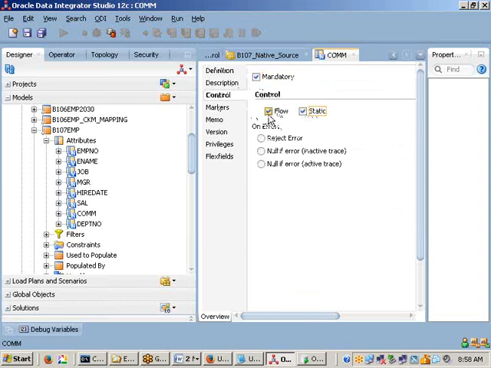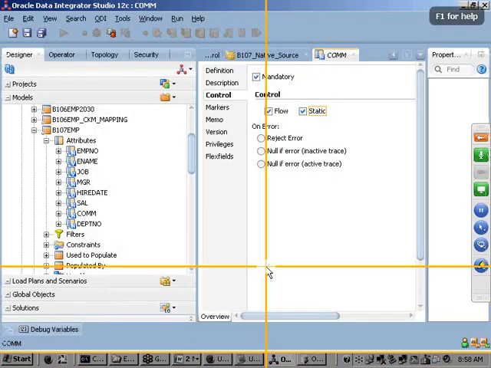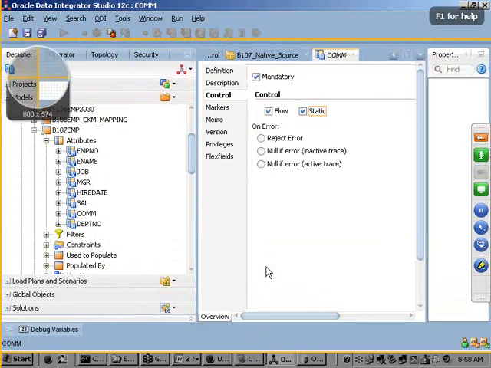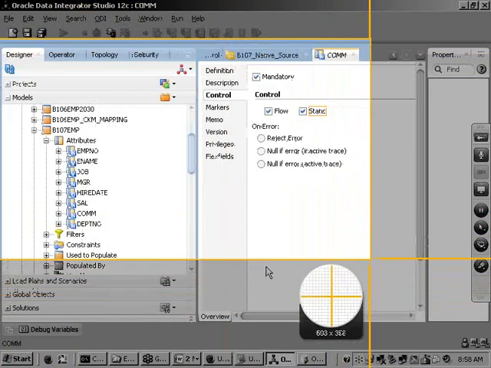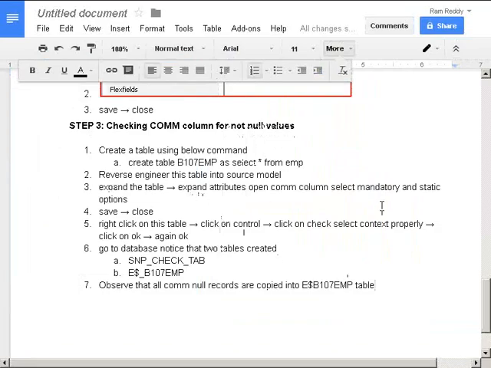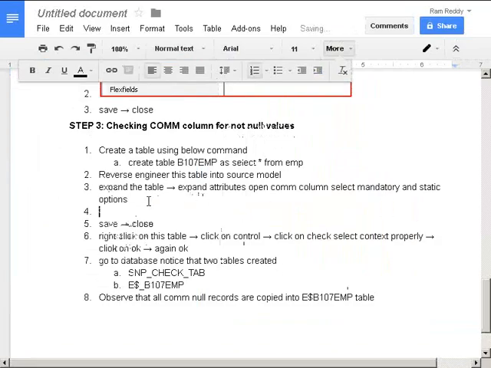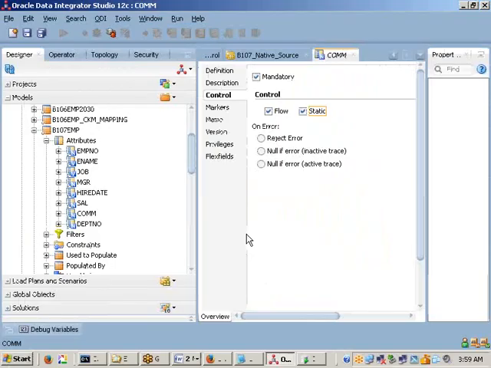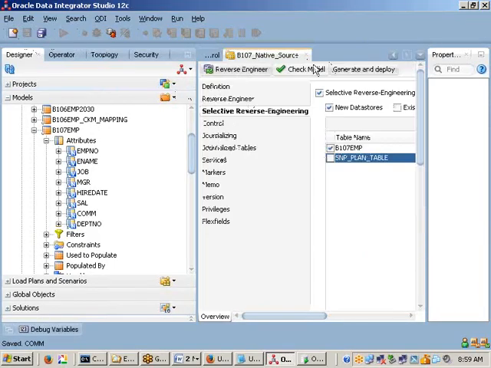Whether flow is available or not available, it is okay. By default it is selected, but either way is okay. Now save it, then close this one.